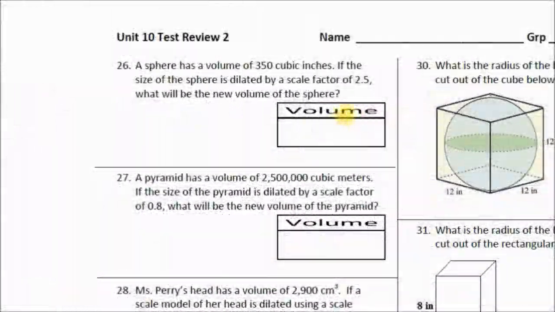Okay, this is the beginning of Unit 10 Test Review 2 worksheet. We are looking at number 26, which is a question that says, a sphere has a volume of 350 cubic inches. Now class, that's just inches cubed, just a different way of saying it. If the size of the sphere is dilated by a scale factor of 2.5, what will be the new volume